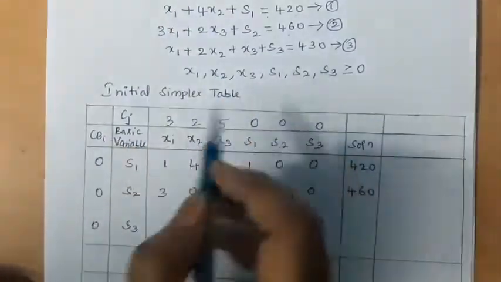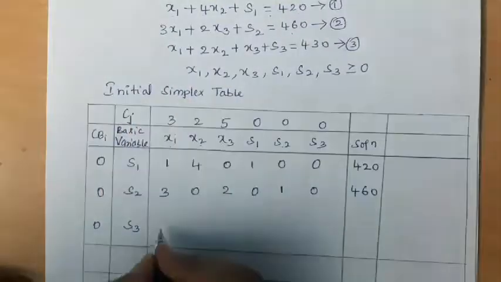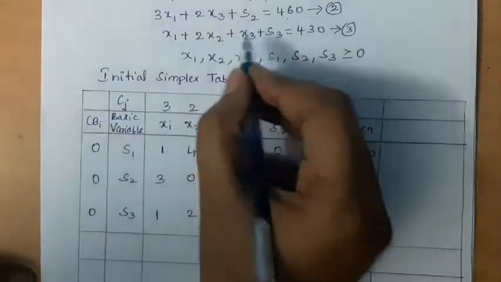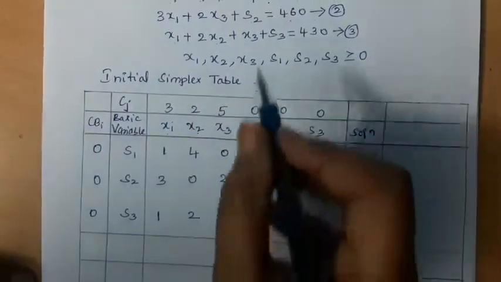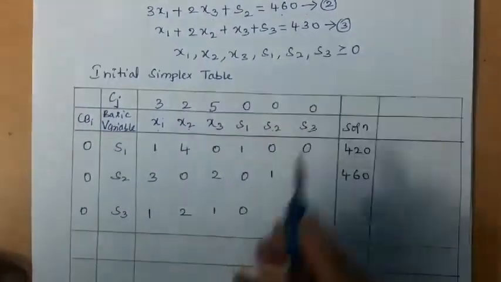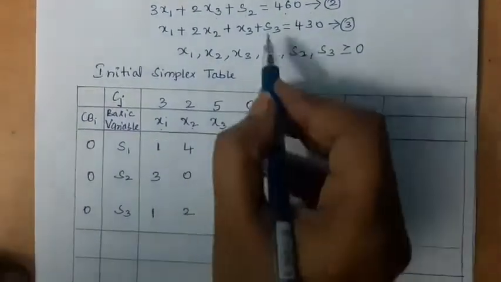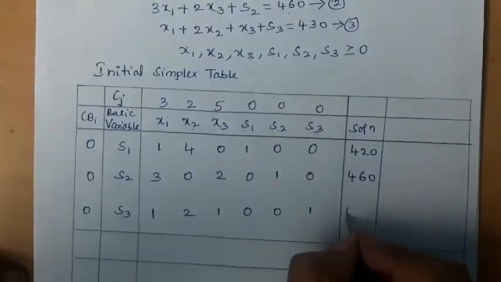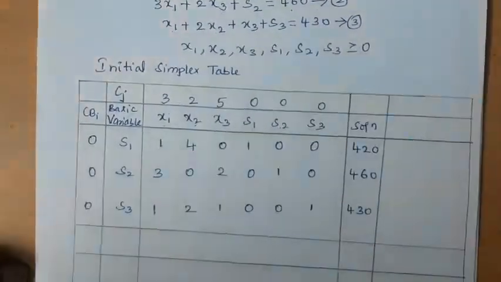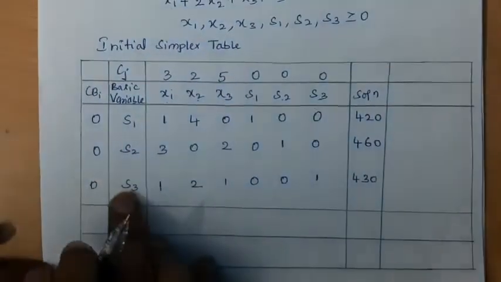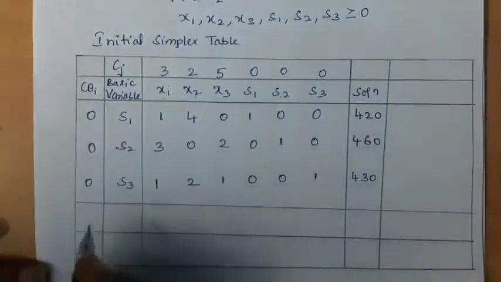So let us take down the third constraint value. X1 value is 1. X2 value is 2. X3 value is 1. S1 we don't have, so it is 0. S2 also we don't have, so it is 0. S3 we have, it is 1. And the solution is 430. So write down 430. So now after assigning all the values in the initial simplex table, we have to find